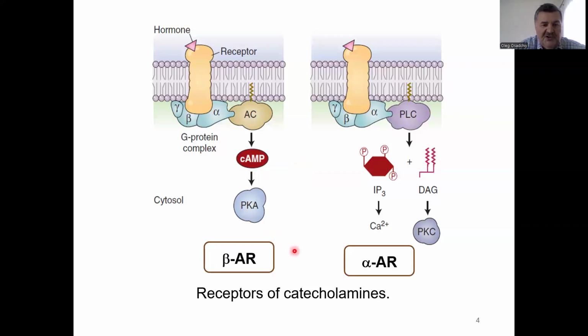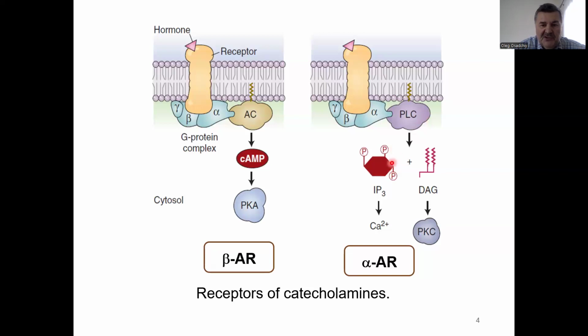The beta adrenergic receptor is coupled to adenylate cyclase, which generates cyclic AMP, and this is acting as the second messenger, which activates another enzyme within the cell, such as protein kinase A, and the PKA then phosphorylates cellular proteins, which induces physiological response. The alpha adrenergic receptor is coupled via G protein to another enzyme, phospholipase C, which generates